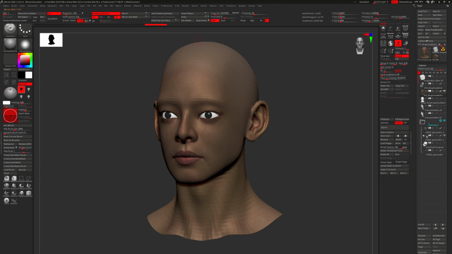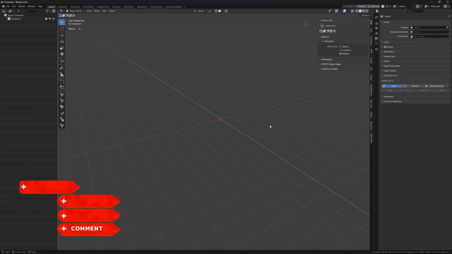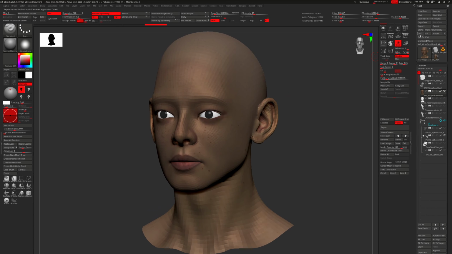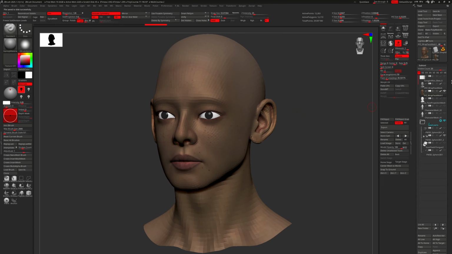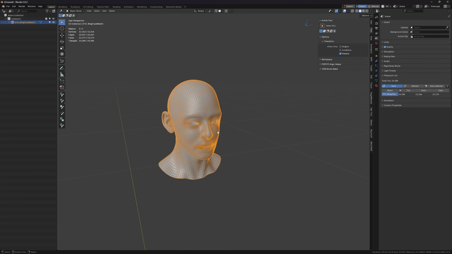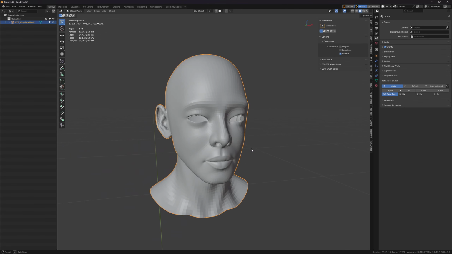So let's get started. I'm going to go to Blender and press this import button. Once I press this import button, now I can go to ZBrush and click on the GoZ button. This will transfer this selected mesh from ZBrush to Blender. As you can see, we exported this mesh. So I'm going to rename it to head